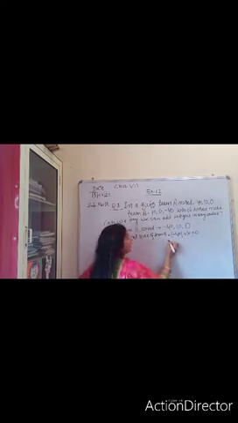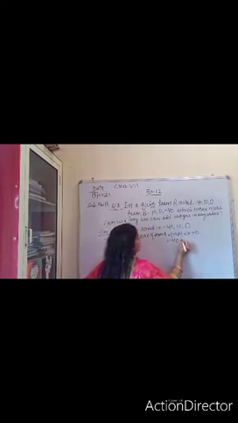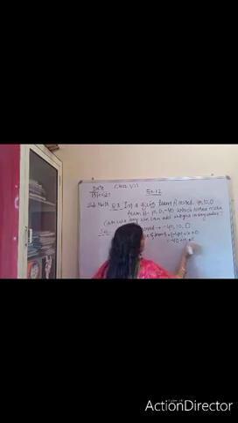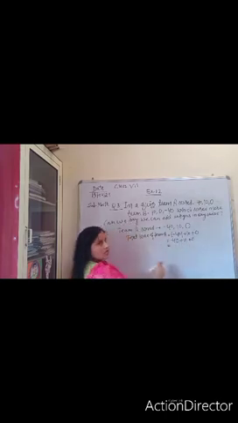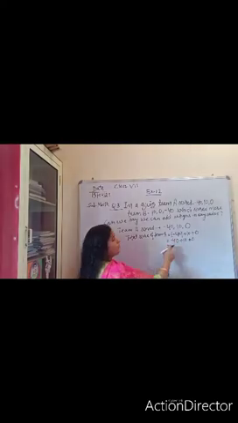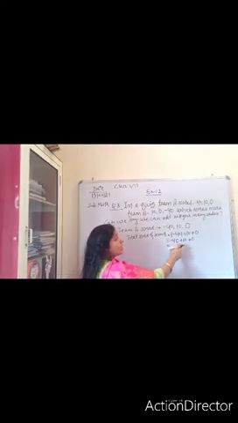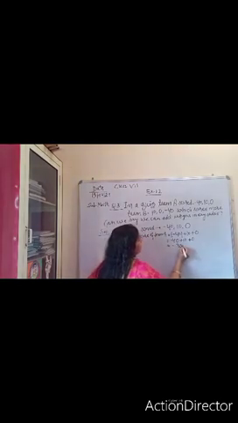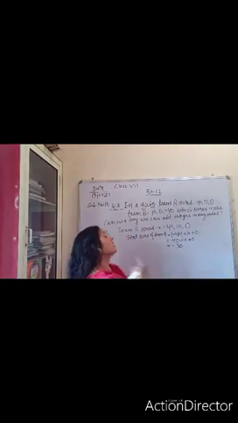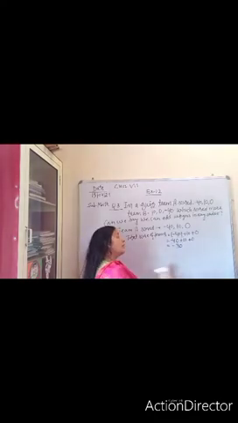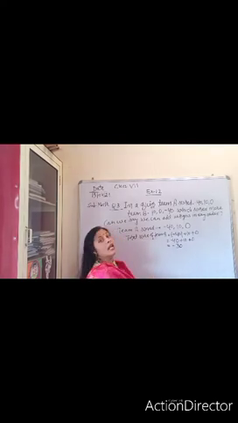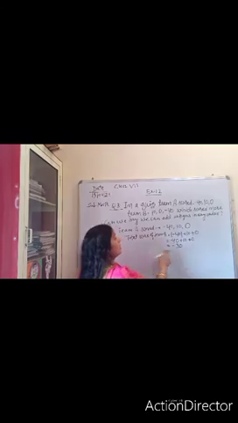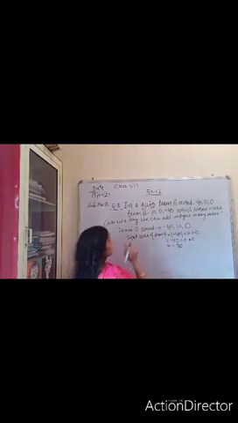Now open the bracket. -40 plus 10 plus 0. -40 plus 10, different signs, so there should be subtraction. -40 plus 10 would become -30. There is no need to write down 0 because we already know that if 0 is added or subtracted from any number, the number always remains the same as the answer. Understood? So -30. The total score of team A is -30.